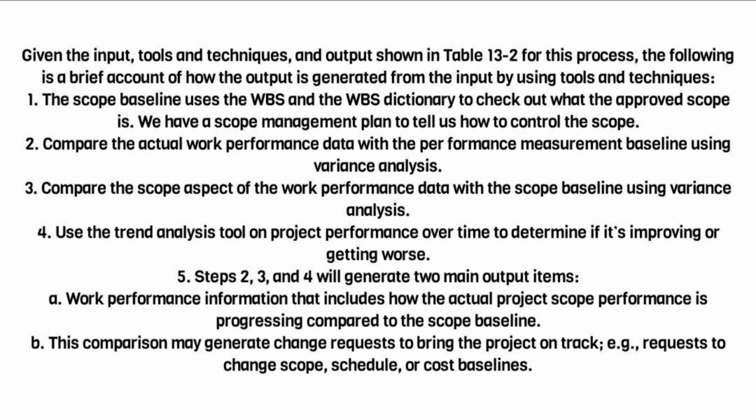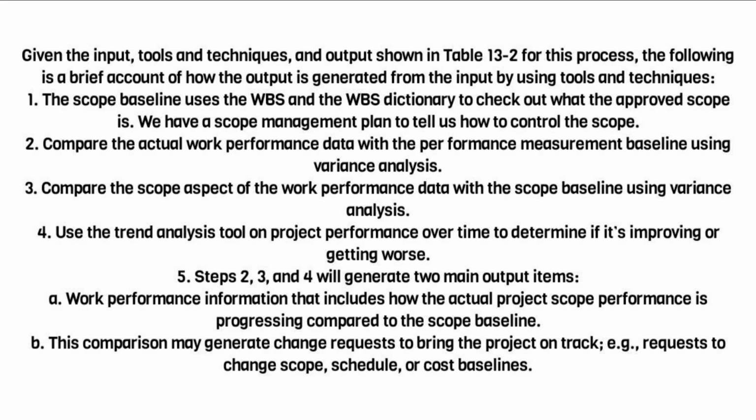Use the trend analysis tool on project performance over time to determine if it's improving or getting worse. 5. Steps 2, 3, and 4 will generate two main output items. A. Work performance information that includes how the actual project scope performance is progressing compared to the scope baseline. B. This comparison may generate change requests to bring the project on track, e.g., requests to change scope, schedule, or